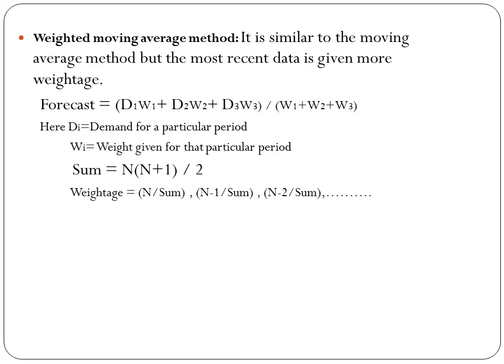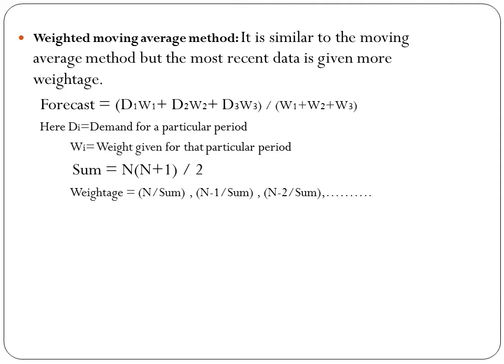In some cases you will get the weightage for different months. But these are the type of questions that would come in GATE. They will not give you direct questions in GATE, so you don't expect the weightage to be given. If it is given, it is good. If it is not given, then first of all we have to take out the sum. Sum is equal to n into n plus 1, whole divided by 2. What is n? N is the total number of periods taken to forecast a demand.